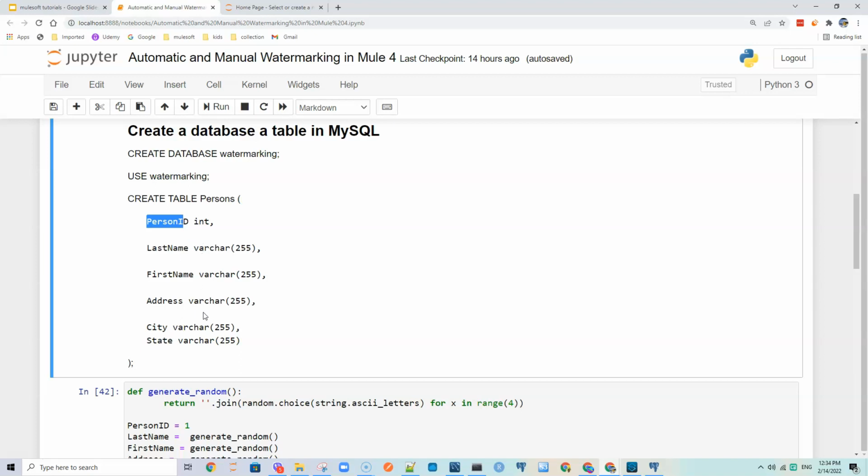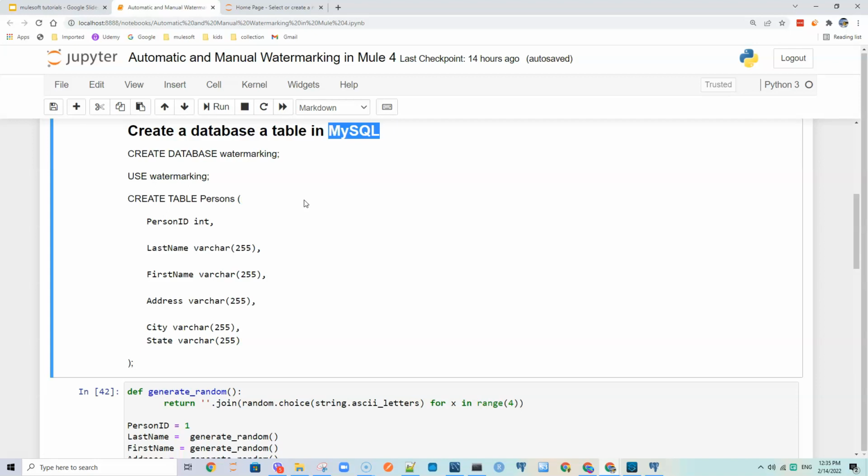I'm going to generate some random data and insert it into MySQL, continuously every 5 seconds. The On Table Row operation should check if there is new data in the database, and if there is, write it to CSV format. That is the automatic